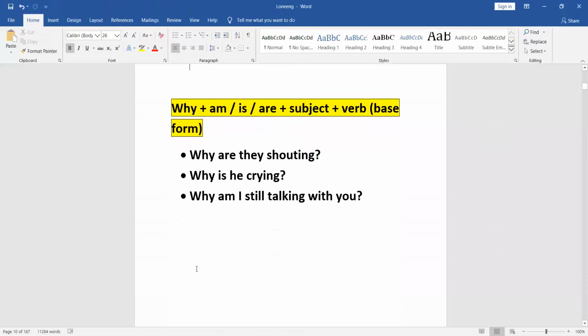Now the next form is why. If you want to employ the word why, it means you want to know the reason as to why that's happening. Okay, so why, the formula is you employ it with am, is, or are, any one of these words, followed by the subject and then the verb in the base form. So why? Let's say the parents are wanting to know why are the children shouting? So long they were quiet. Suddenly they are shouting. Let's say the children saw a cockroach, and so the parents are asking, why are they shouting? So when you want to know the reason, then you would employ the word why.